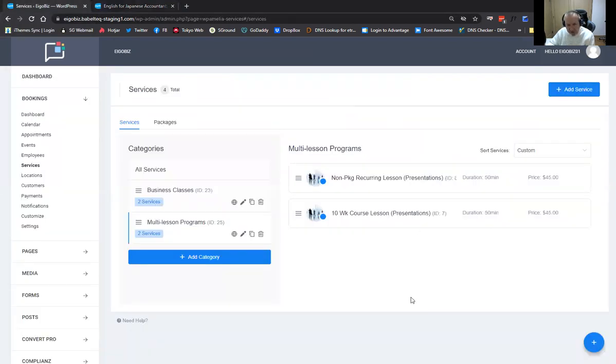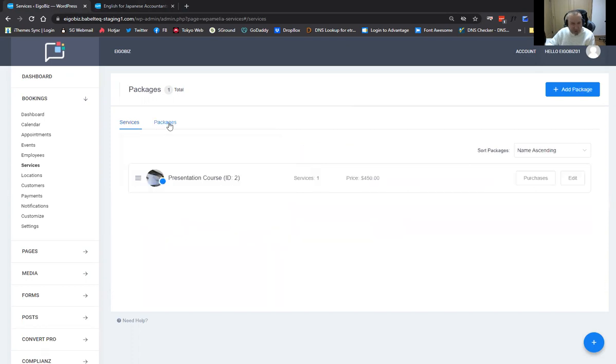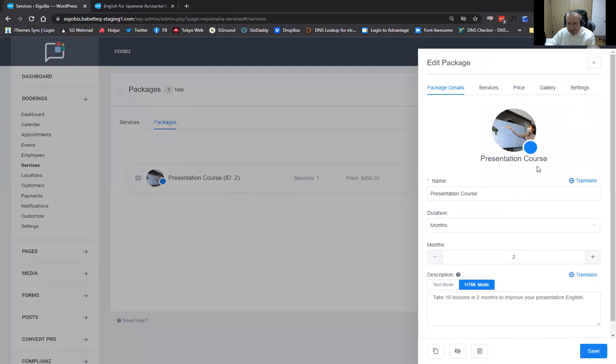back end here, so you can see I've got here under this category multi-lesson programs. This is the one that we were just looking at, and you can see here it's ID 7. So this is a lesson type with ID of 7. And we're calling this lesson type the 10-week course lesson for presentations. And that is the service which we use in this package. So this is the package that we just looked at. So if I click on packages, this package, and